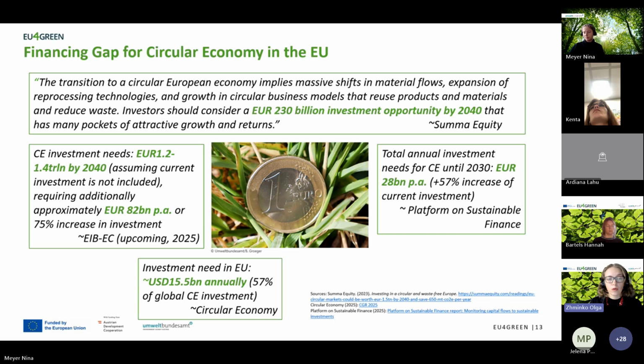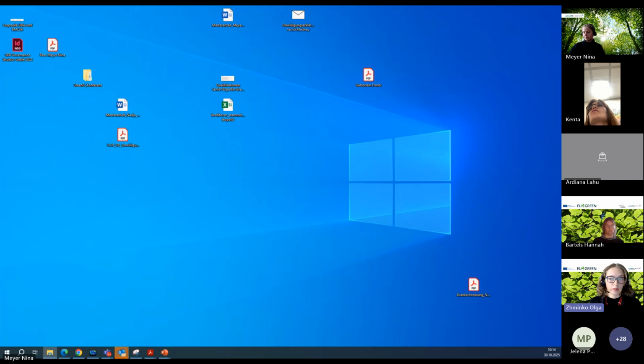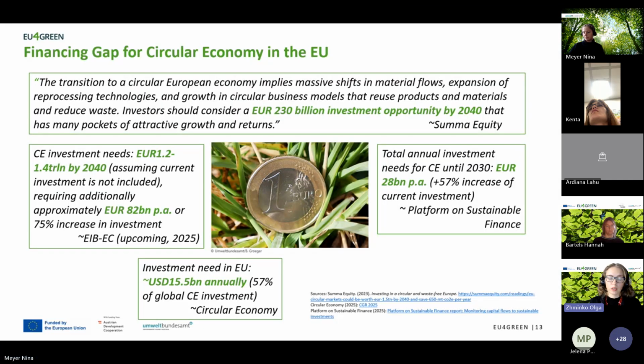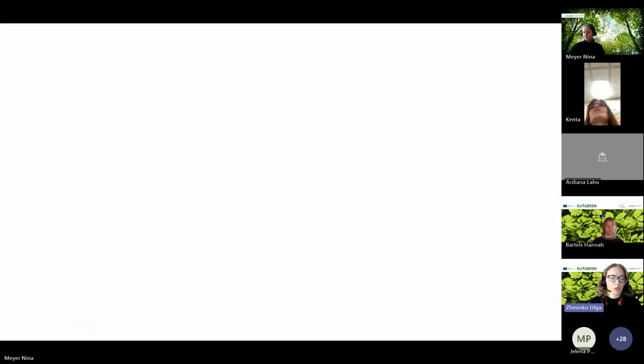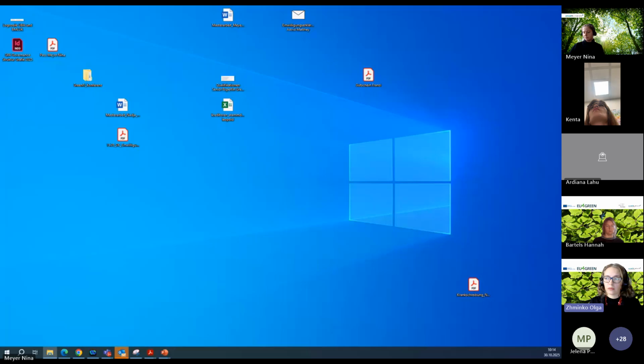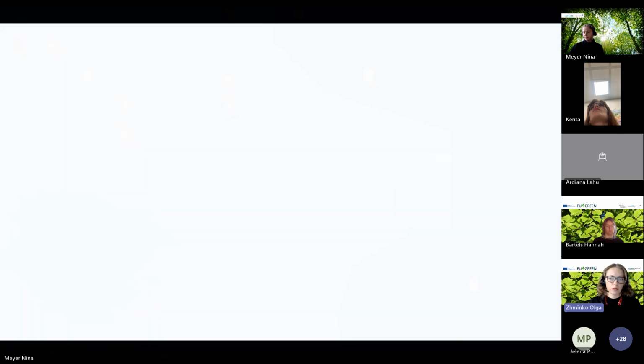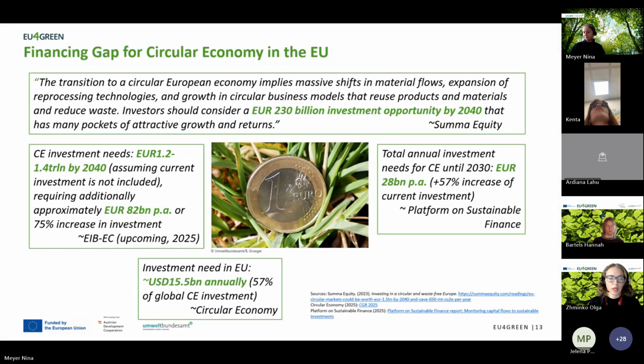Also, there is a global research by Circular Economy where they assess the need in the EU in dollars as 15.5 billion. So what it means is that there is a diversity of data sources and methodologies in scope,